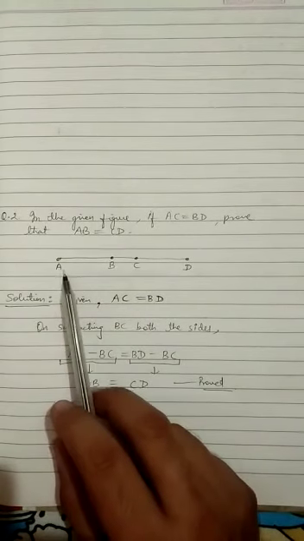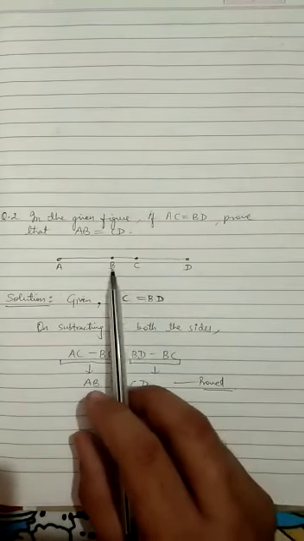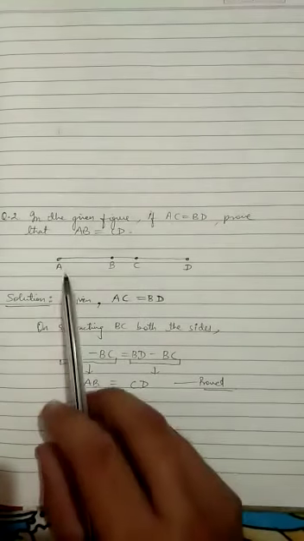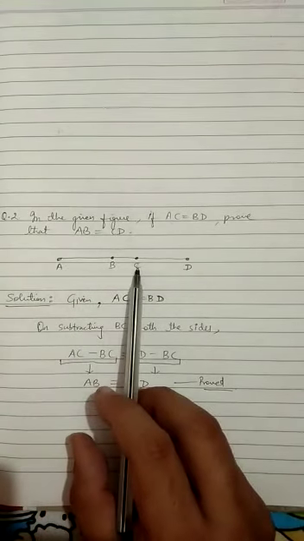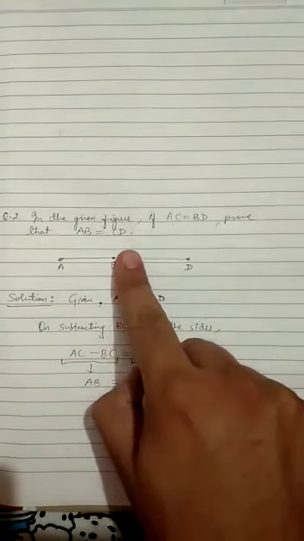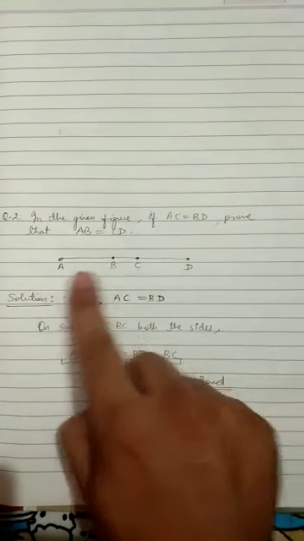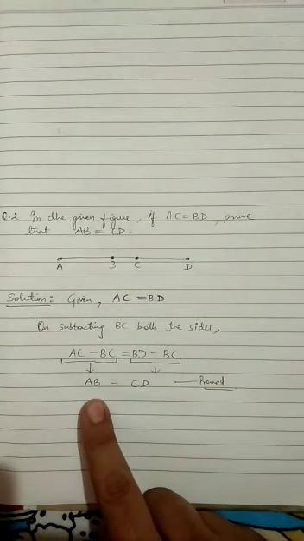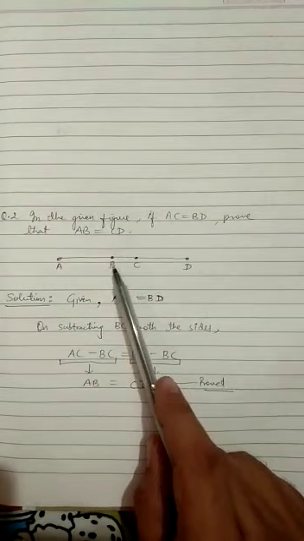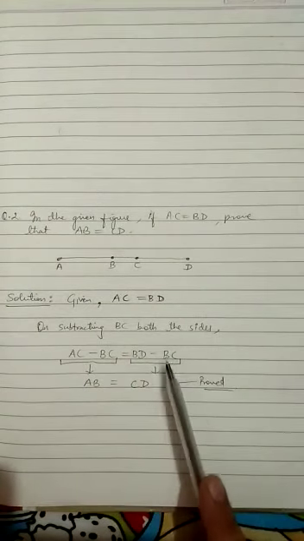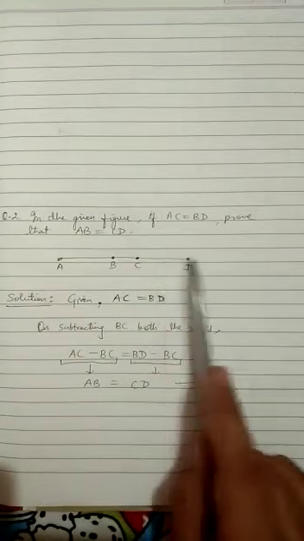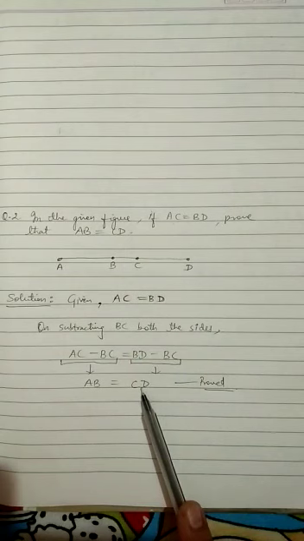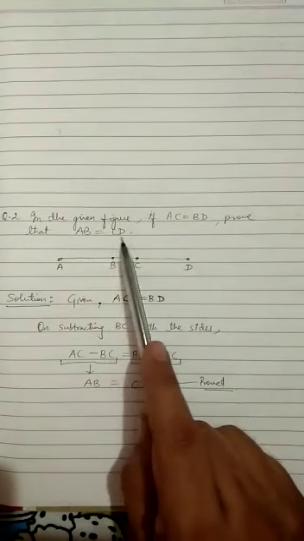Now see the figure, from AC, BC is subtracted. When you subtract this BC from AC, let us hide this BC part. We will see only AB part on subtracting BC from AC. So it is AB. Now when we subtract BC from this BD part, so BD minus BC, when we subtract this BC from this complete BD part, we will be left over with only CD part. So here is CD.